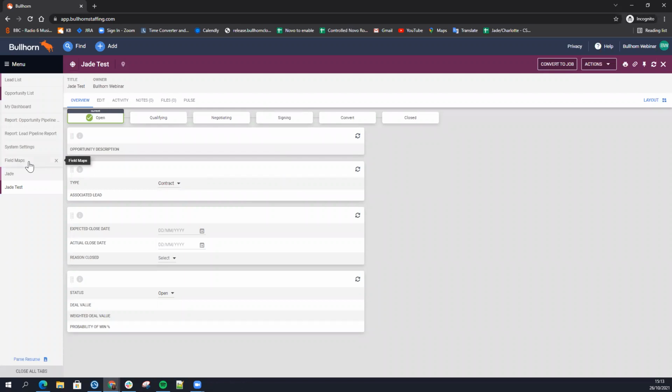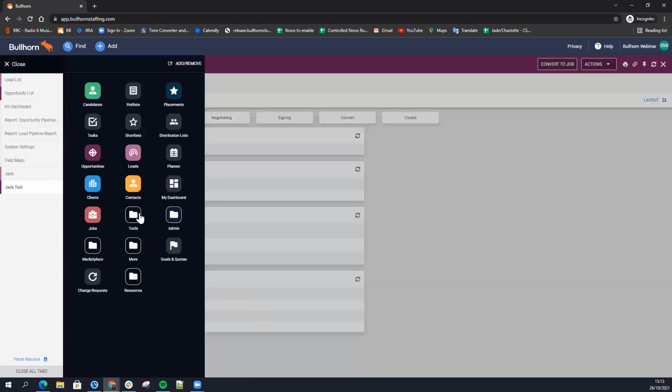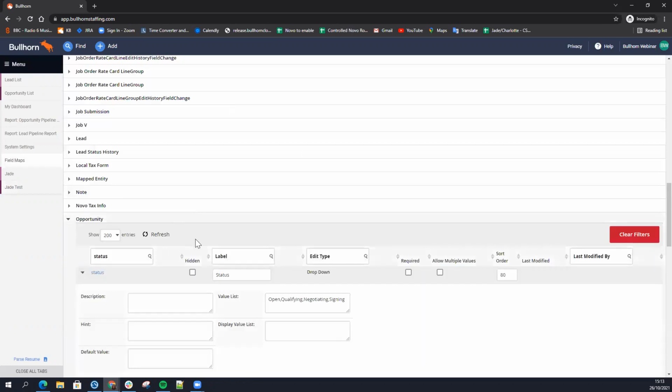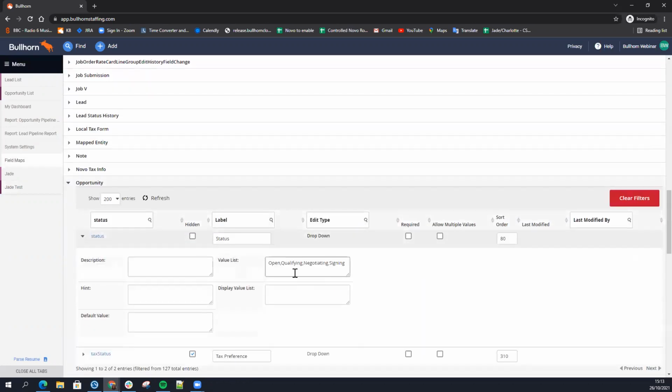So anyone here on this call that is an admin user can access the field mappings from your menu, admin, and you'll get to the section field maps. In here, what you can do is update your statuses, and you can change what statuses you have in here. Now, what I would recommend is if any of you do decide to update your statuses, which is absolutely fine,